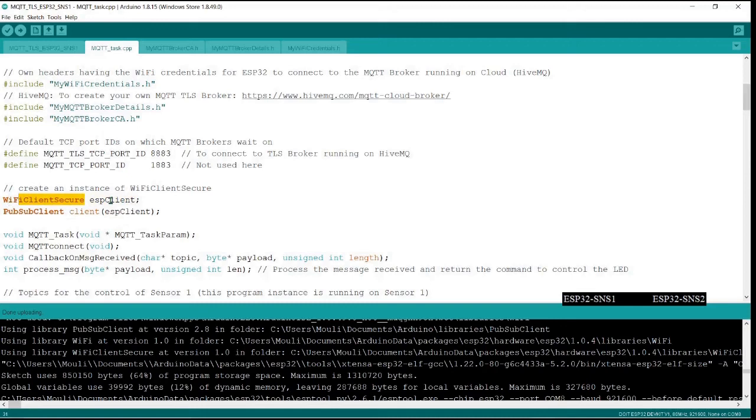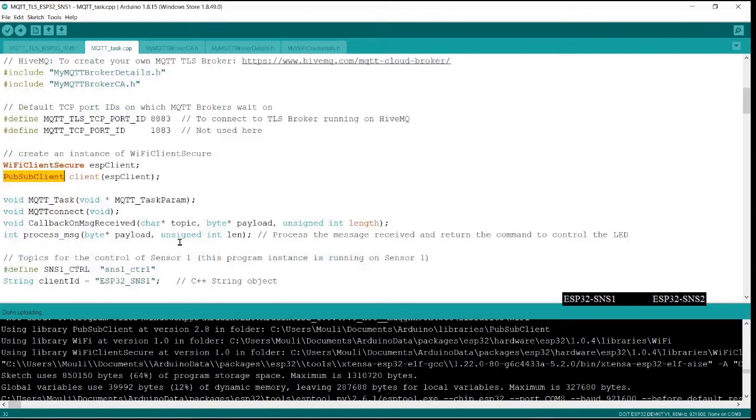This is the class name and this is the object which is created, and that is getting passed to the client object of PubSubClient. So the MQTT protocol is taken care of by this, and underneath, Wi-Fi is taken care of by this. That's why we are creating the underneath Wi-Fi object, because it has to use the Wi-Fi to communicate with the MQTT broker. So we need to create this first and pass it on to this object, so that if you are successful in the Wi-Fi client, then you can start the communication with the broker.